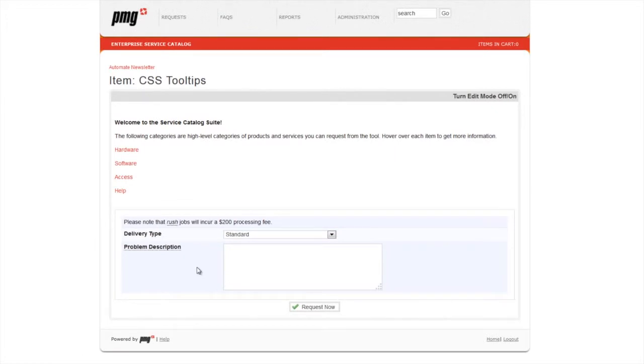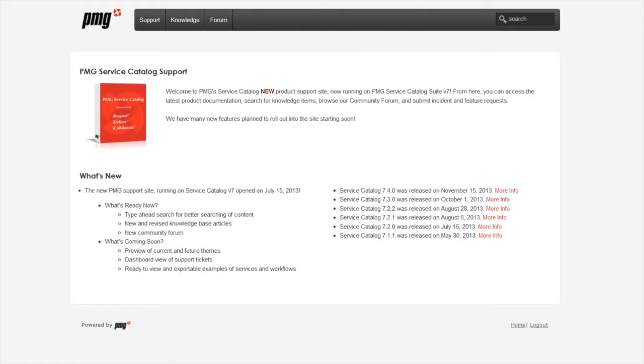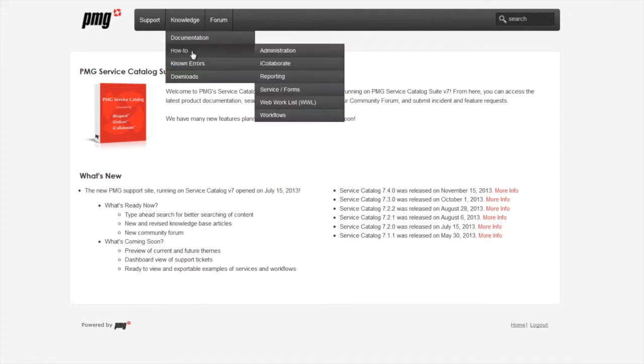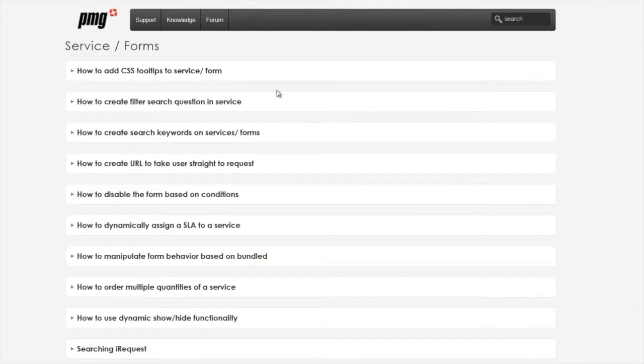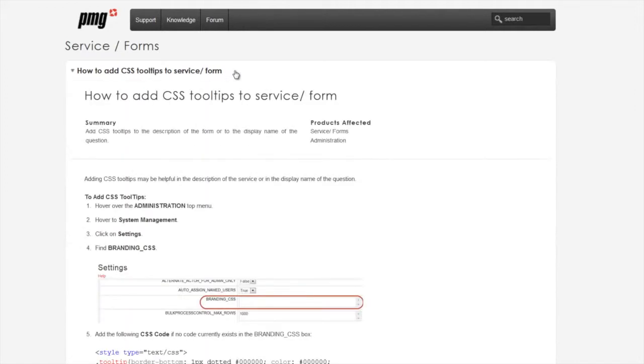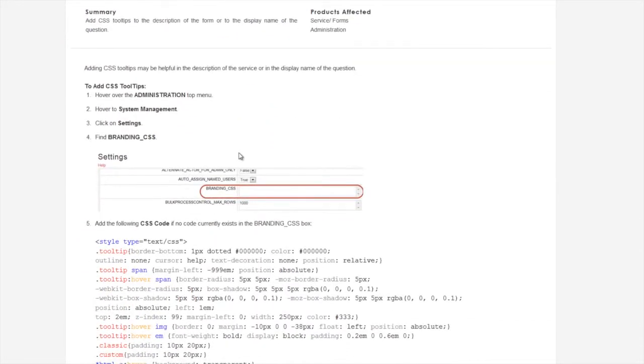Now to do this, we'll switch over to our support site, where we have a wealth of information on how to actually do this. First, we'll go ahead and we'll click on Knowledge, How To, Service and Forms, and we'll click on How to Add CSS Tooltips to a Service or Form. Here you'll find all the instructions that you need, including the CSS code that you need to add to the Branding CSS Settings box,